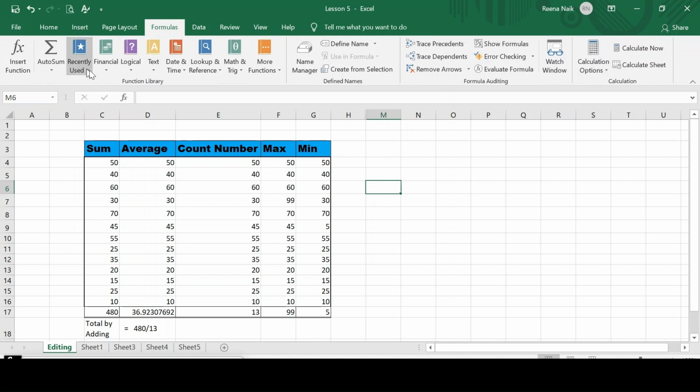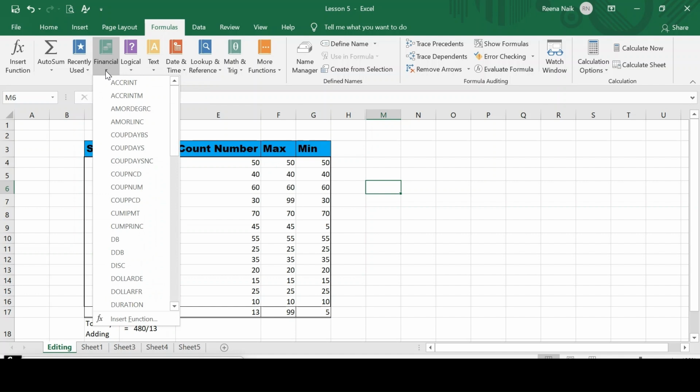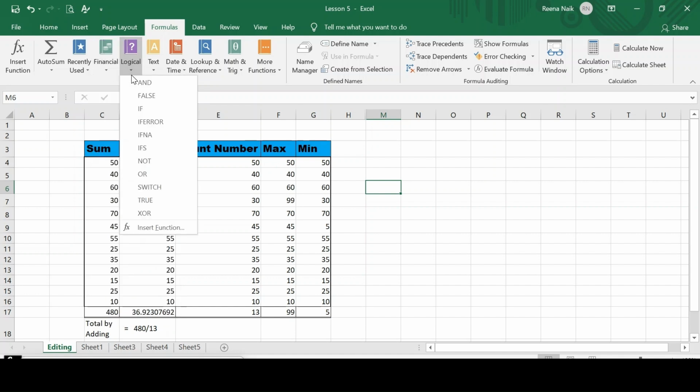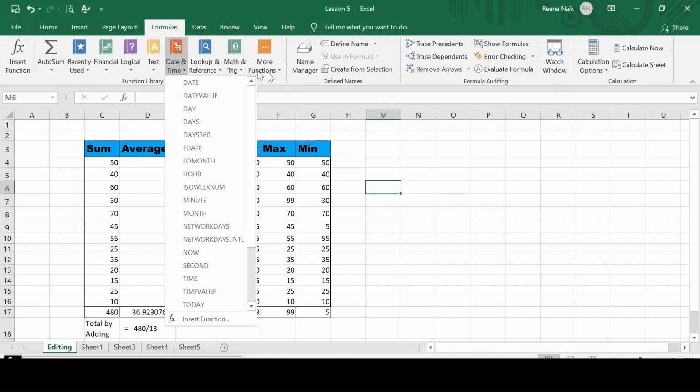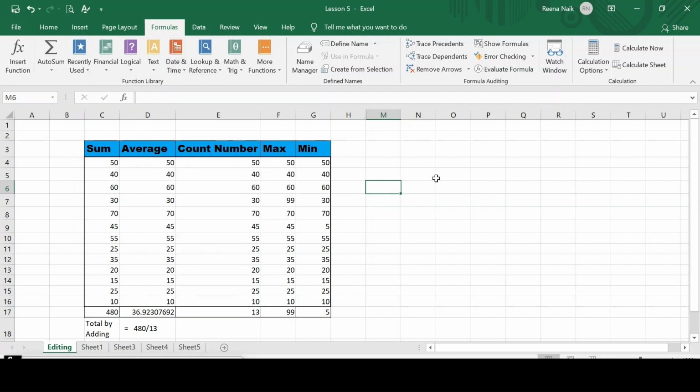Here you can see this is the financial, which we have seen just now. This is logical, this is text, this is date and time. All these functions we are going to see in detail in special videos made on this topic.